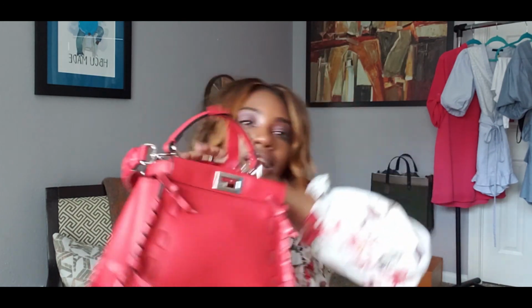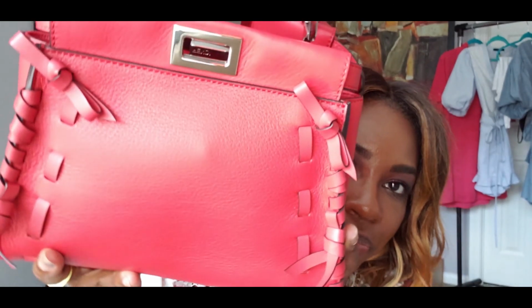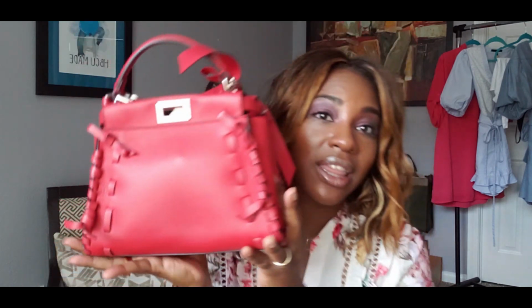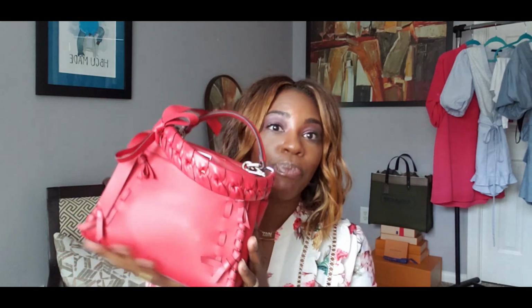But the other side of the bag is without flaw. I love the color of this bag. This is the bag that I would carry today with this outfit, which is why I have all my stuff in it. And I will give you a review. So I bought the bag in June